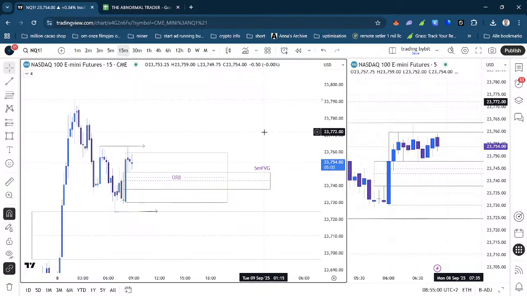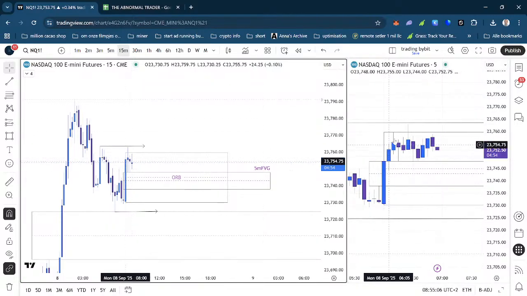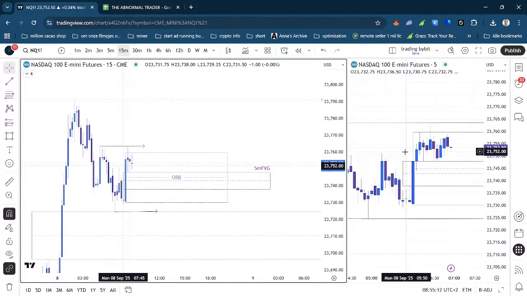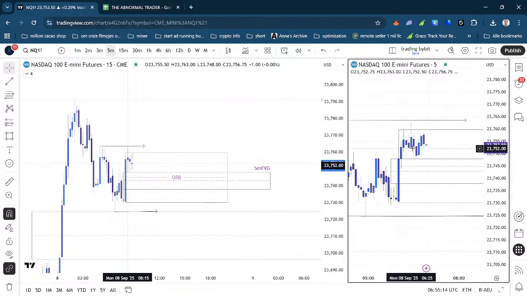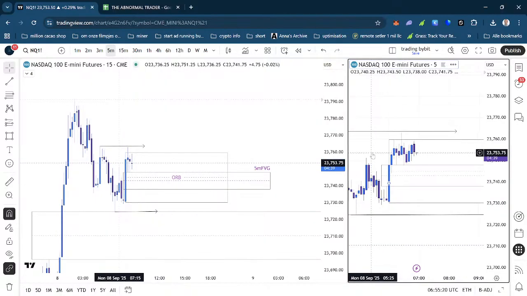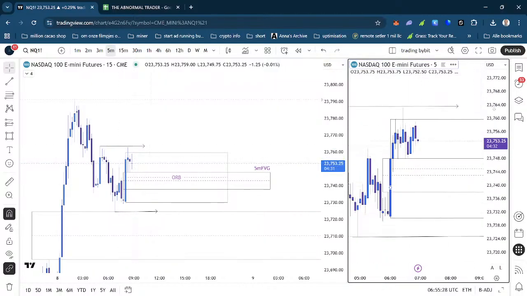For me, for a continuation play, this isn't good either, so this stalls a lot. We can see how this is building up liquidity right here on the side. So we're building up 5 minutes, look at this. This is so chopped. Nothing is happening here. For a continuation play, this is the same. I still need to be patient. Nothing happening here. No movement at all. So 9 o'clock will definitely come to the fair value gap. I'm sure of that. And then where it heads to, we will see.